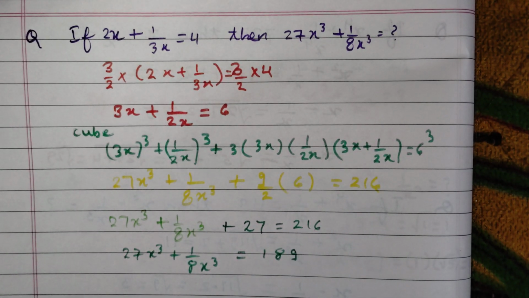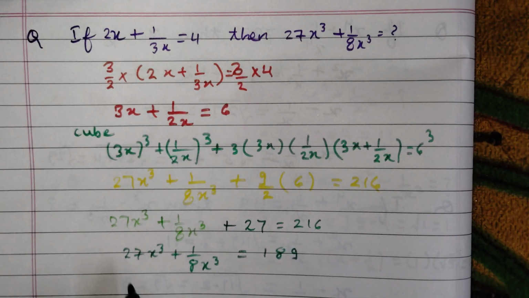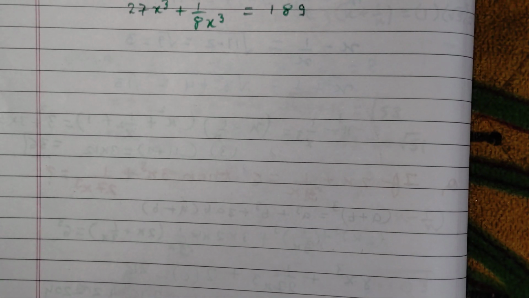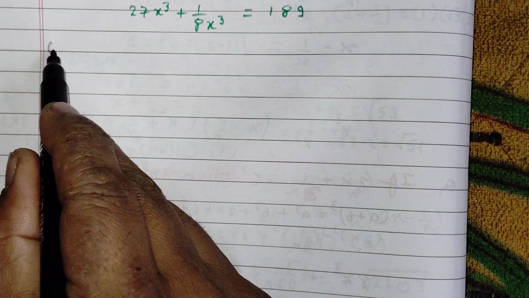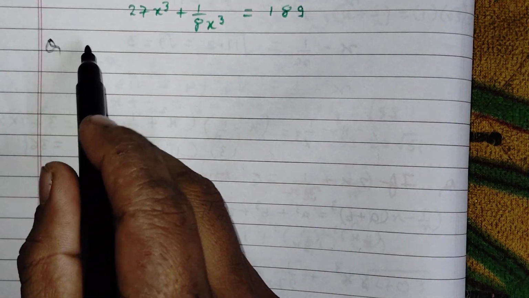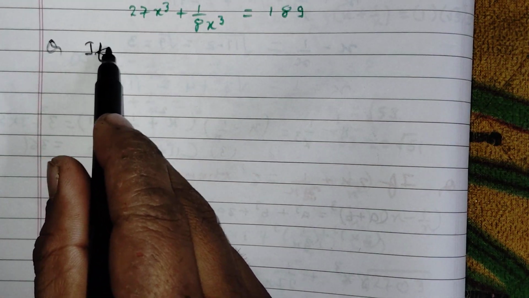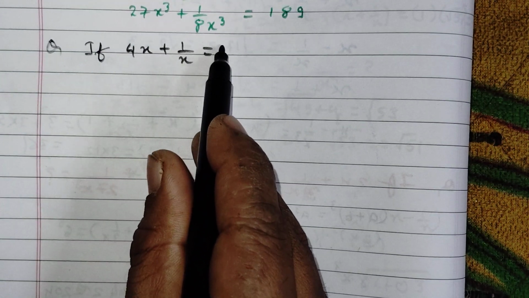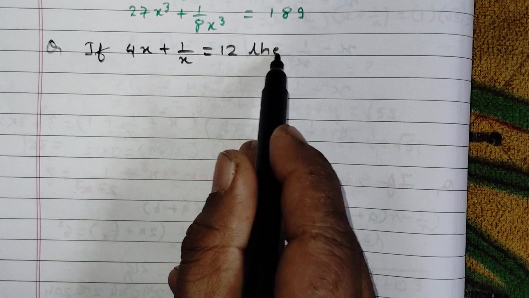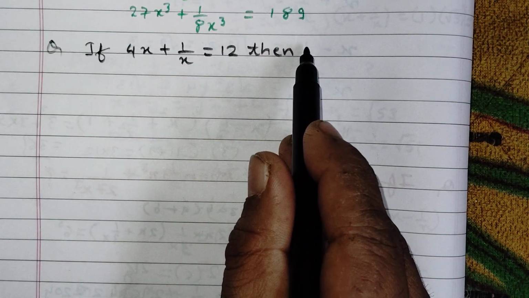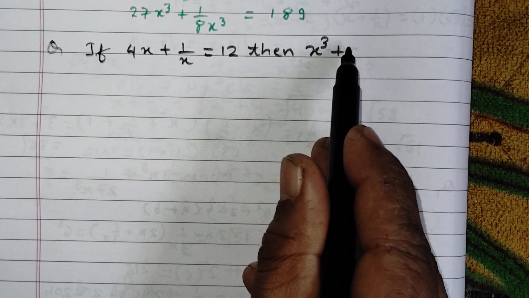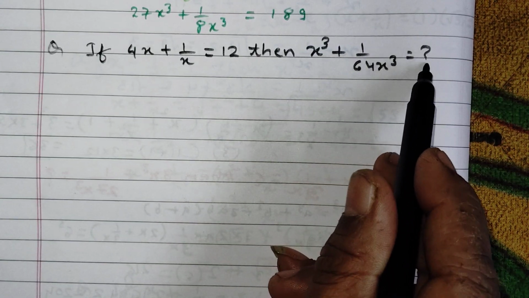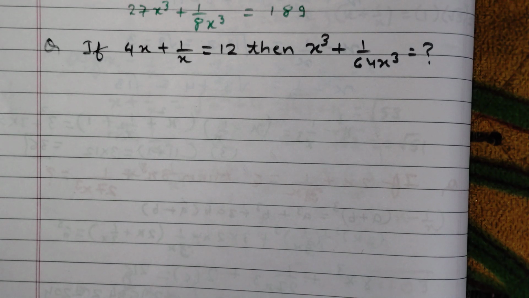Next question is, if 4x plus 1 upon x equal to 12, then find x cube plus 1 upon 64x cube. In this question,